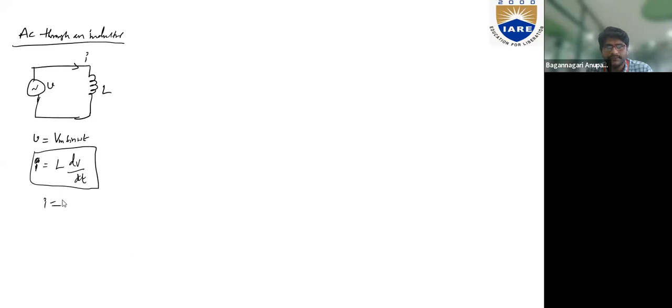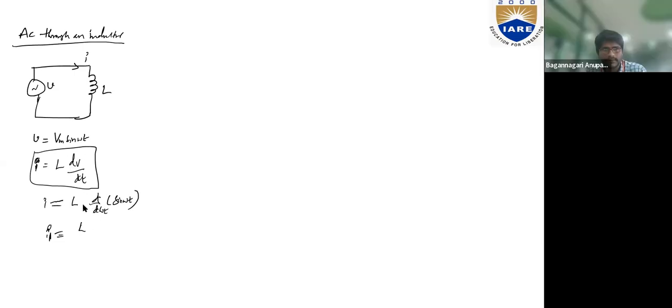I is equal to, substitute the value of V here. So what's the equation you are going to get? Write it as sine omega t, because t is not the variable here, omega t is the variable. I is equal to L into Vm also, right? Vm, yes, sorry. I can pull it out, right? Can I take it out? L, Vm, d by dt of sine omega t.